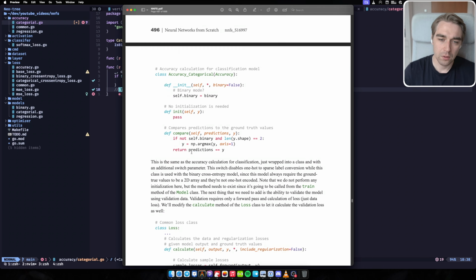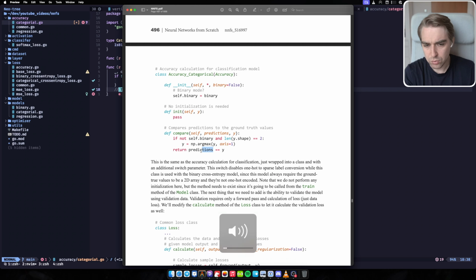So the idea is that for the two-dimensional and not binary, we need to convert it actually into one-dimensional because the predictions, well, okay, for the categorical, for the model that predicts category, the ground truth, but interesting, I'm trying to remember why I had to find the argmax. Why it takes from the, compares predictions to the ground truth values, but why we